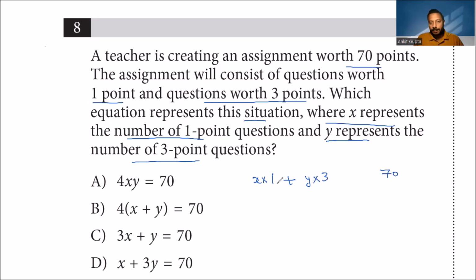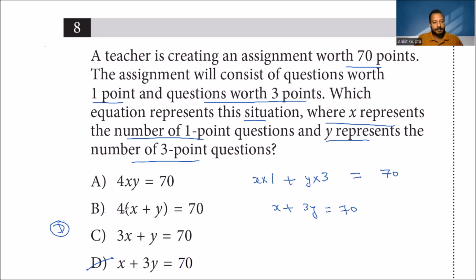So total number of points will be x multiplied by 1 plus y multiplied by 3, and that will be equal to 70. So our equation becomes x plus 3y is equal to 70. And if you look at the option choices, option number D is x plus 3y is equal to 70,